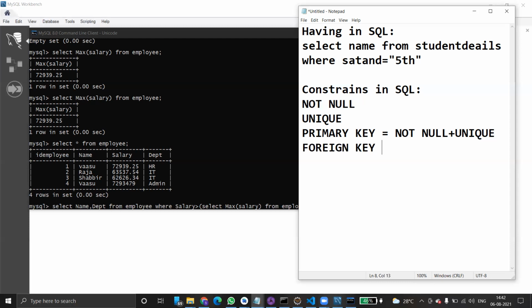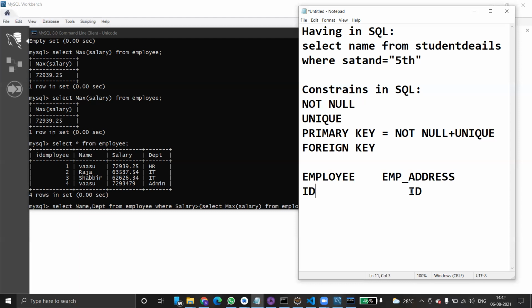So there are two tables: employee, and employee address details. Employee address also has an ID, and here also we have an ID. That means the ID is acting as a foreign key in employee address. So basically, the foreign key prevents actions that would destroy links between tables.